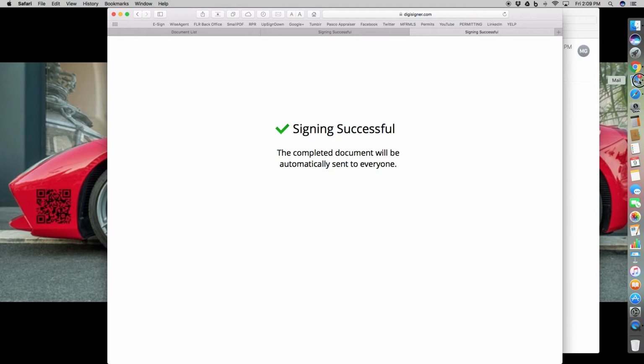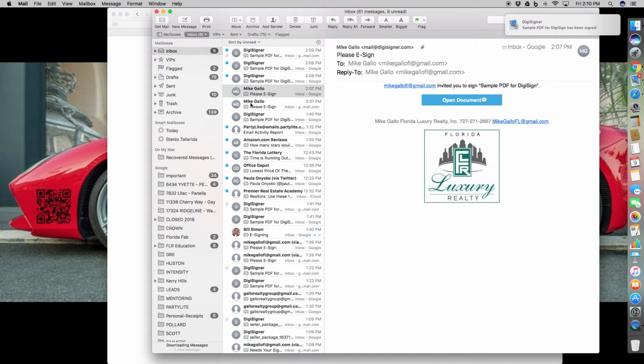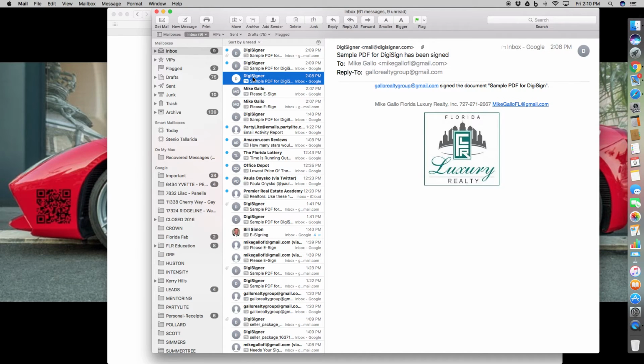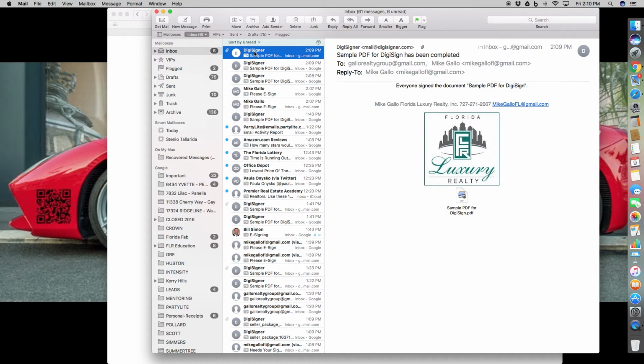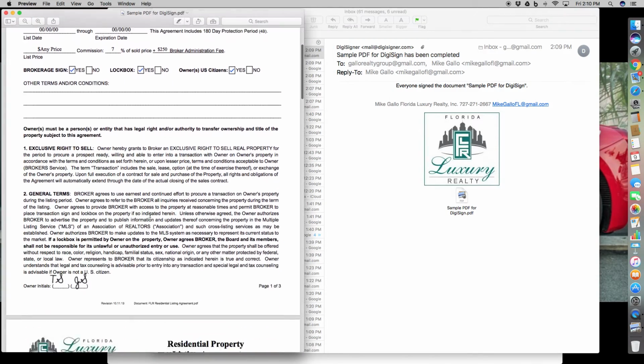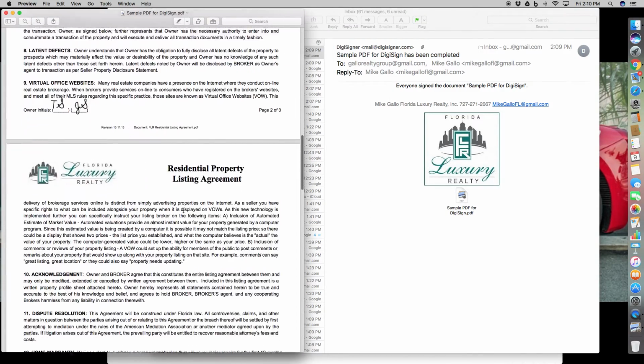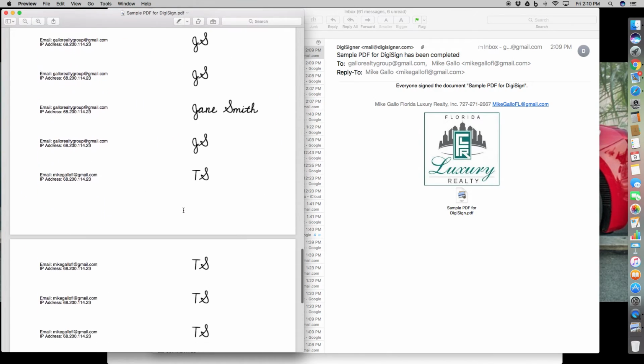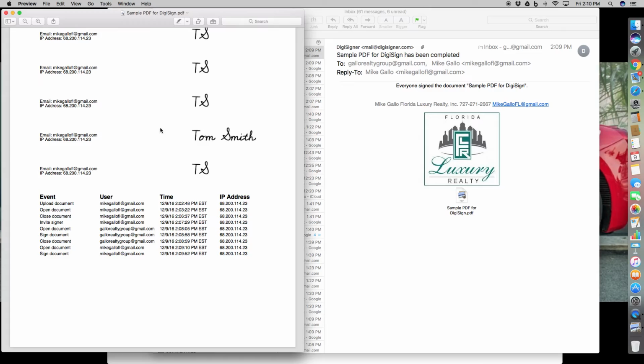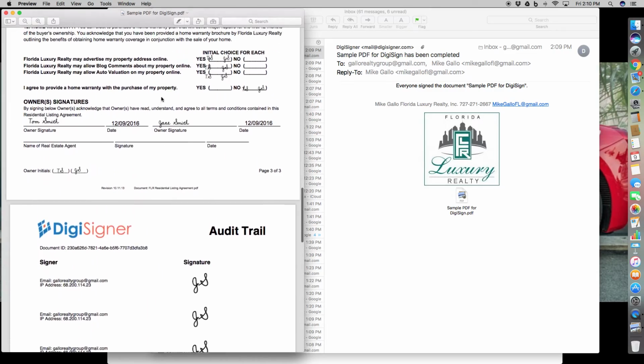Very simple. In the email alerts, you'll notice that obviously these were the ones that went out to me. But it shows that the first person signed it, the second person signed it, and then you've got the final that shows that everyone signed it. When you get to the final, you'll see the PDF is right here. If you click on it to open it, there is your signed and completed PDF along with the audit trail, dates, times, email addresses that it went to, the IP addresses that it went to,